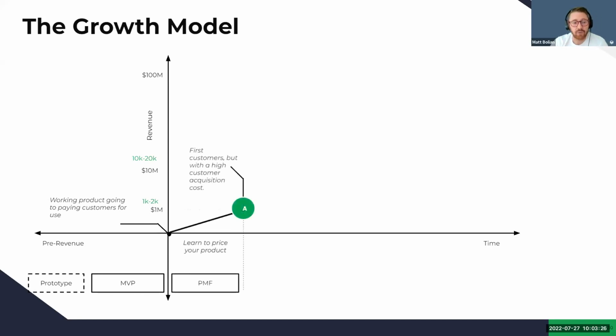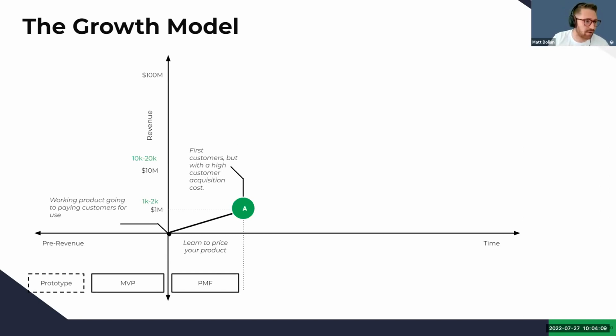You then, after that point, we enter something called product market fit. So product market fit means I have a product and I'm making sure now that the marketplace likes it. And so this is what you're doing at this point. You're learning to price it. This is almost always founder-led sales at this point. And your first customers here, you're actually starting to go to market, right? You're doing paid. And so most of it, you don't have a brand yet. It's really difficult to do inbound marketing at this point, even though you're starting, because inbound marketing takes 6 months to start, right? So you're starting now, but almost all your acquisition is coming through on the paid side, or big events, spending lots of money to get your partners.